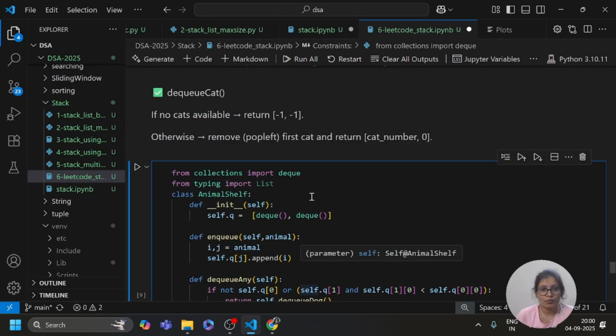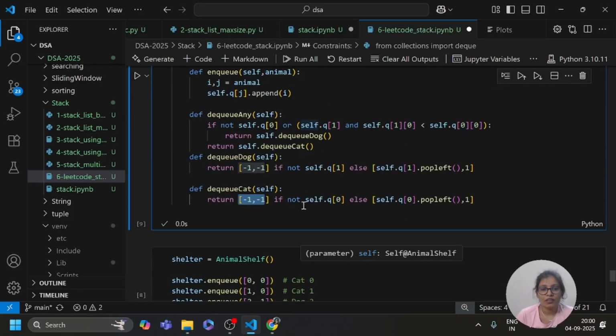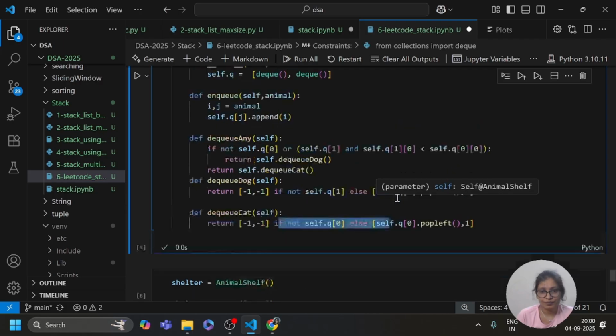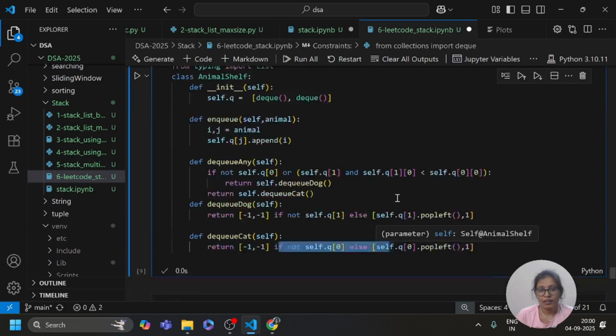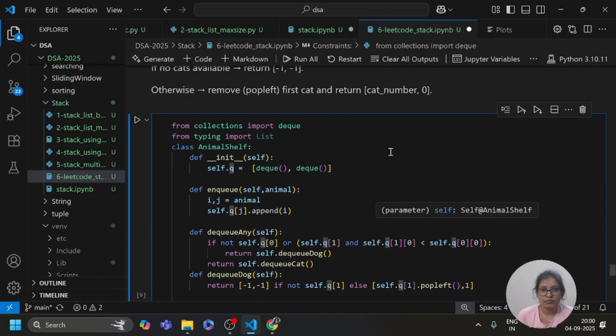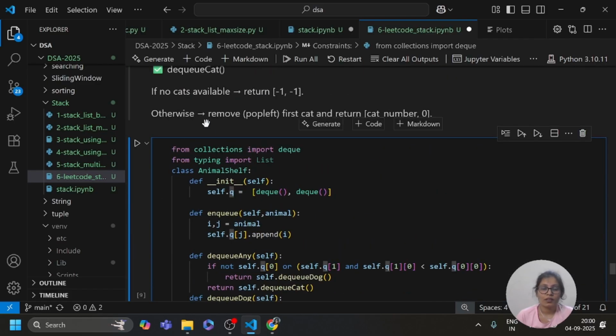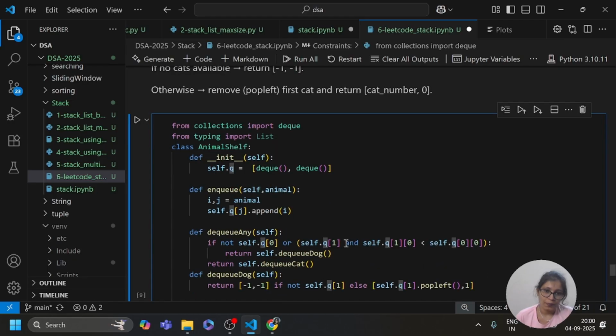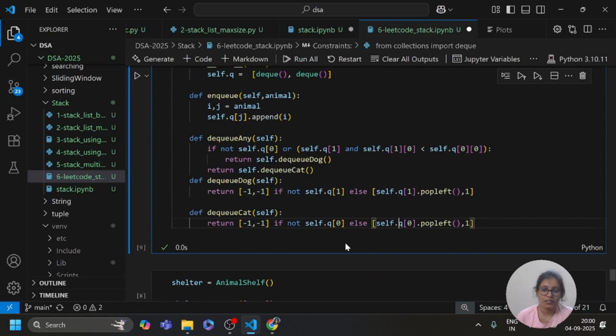Otherwise it removes the first cat using popleft and returns the cat number, and 0 means cat and 1 means dog.